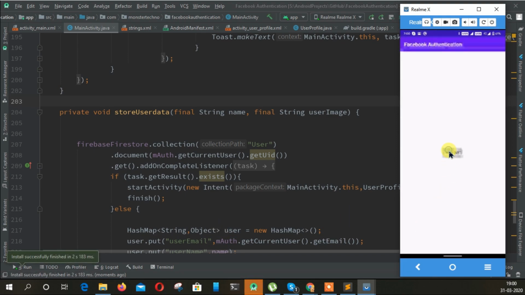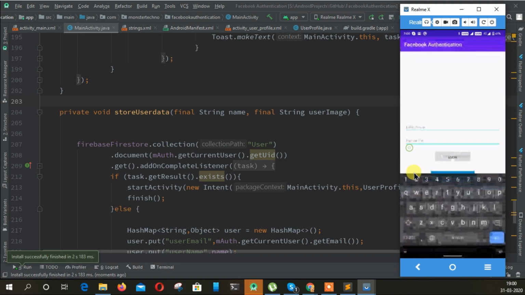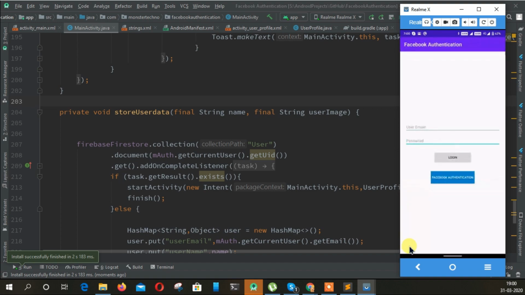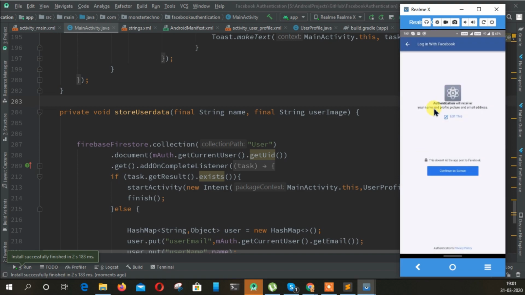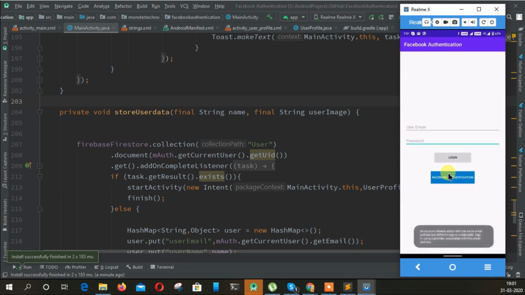So let's sign out, and we are not going to use the traditional way. Click on Facebook authentication here, click on it, and it will redirect to Facebook. And as you can see, our application name is here, authentication will receive your name and profile picture and email address. Perfect. And click on continue as your name, whichever Facebook